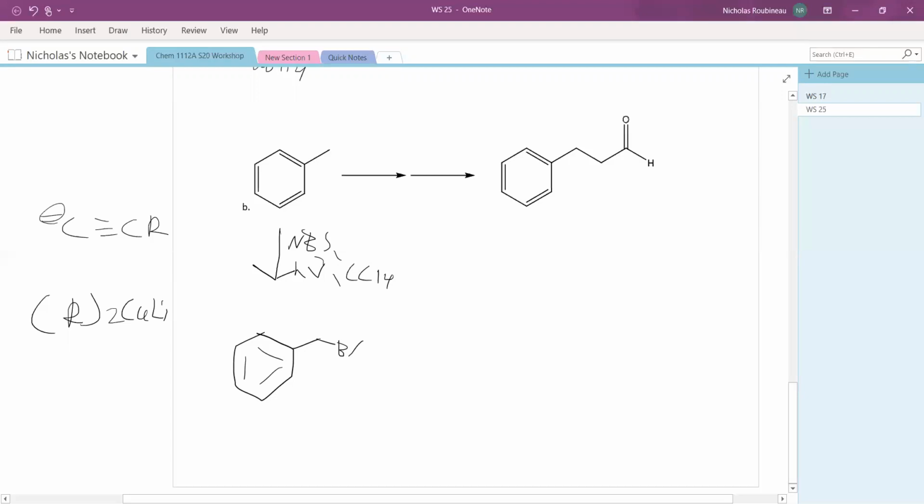So we have a primary alkyl halide here. And you should remember that this is an SN2 reaction, and it only works with primary positions, which we have here. So we could theoretically use the acetylide anion. Could technically also use the copper complex, but